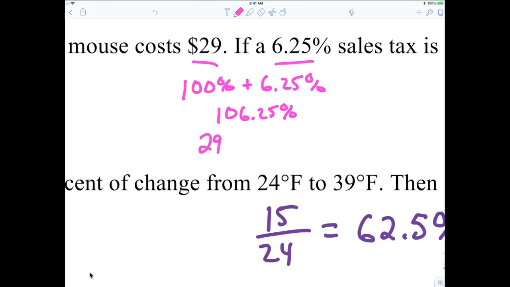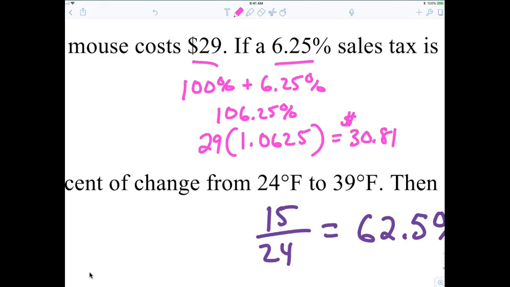$29, right? So now I have to multiply that by what? By 1.0625. All right, you're going to multiply 29 times 1.0625, but you also have to round to the nearest penny. So get in the habit, look in your calculator, and round that to the nearest penny, which is